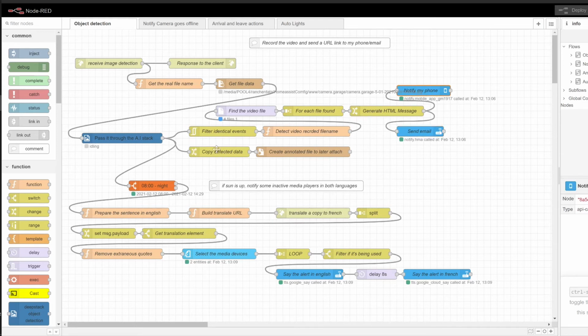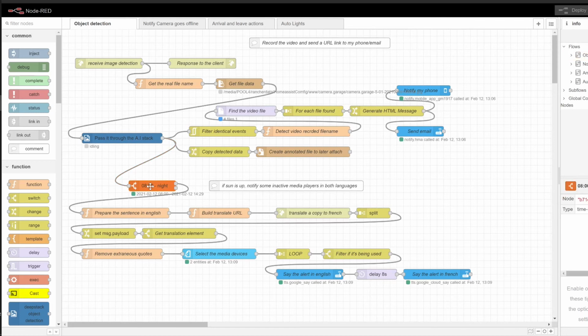What it will also do is copy the detected data and create an annotated file to later attach to that email. So in other words, I'm going to get a picture which will show me what it detected in the email. And on top of that, there's a third task that it does below here.